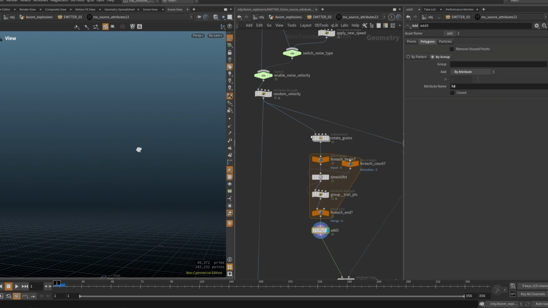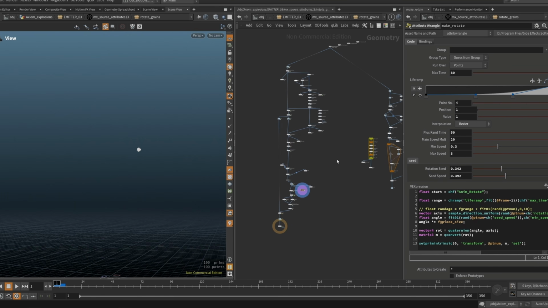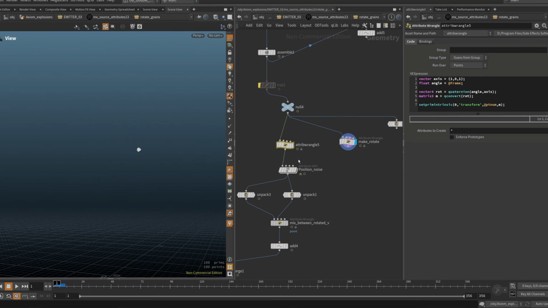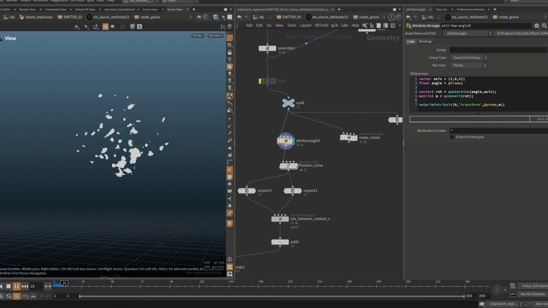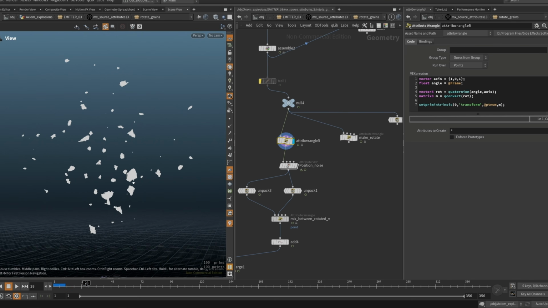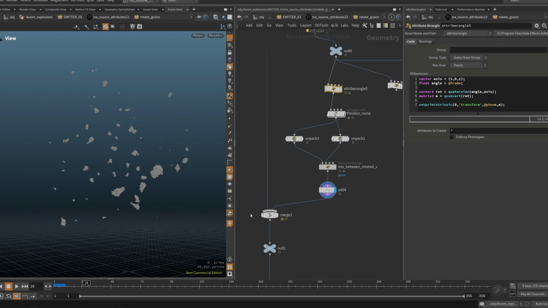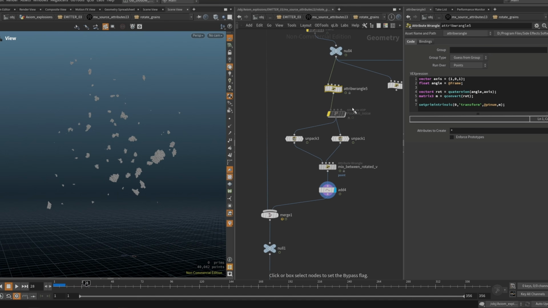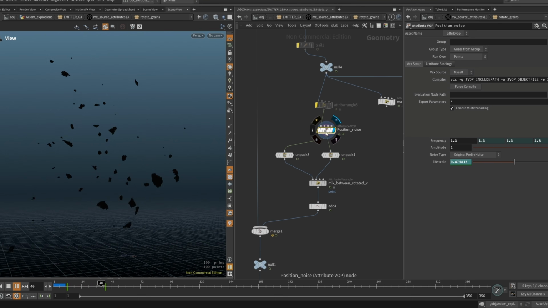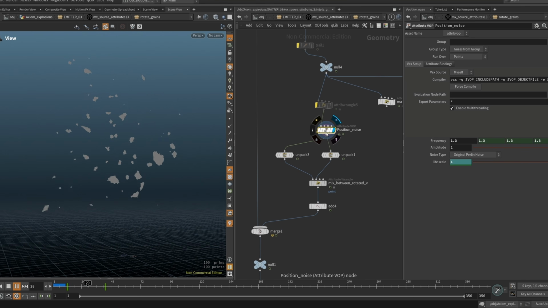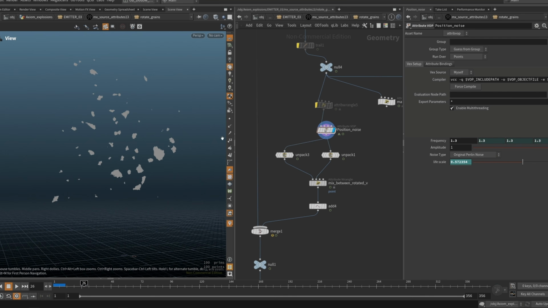But if we go here, the rotate grains, we're doing all of this stuff. Let's see what I was doing here. So yeah, this is the most simple version of this. Let me see. So you can see just boo, everything's rotating, great. And then also apply positional noise. So positional noise, if we don't rotate anything, it's just gonna be like whoop, whoop, whoop, whoop. And this in this case might be a bit too much, but honestly, sometimes you need this. And then you just multiply down with